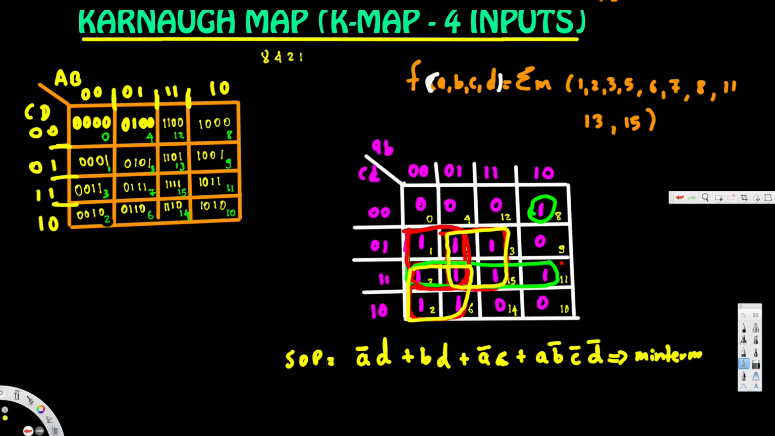Max term is product of sum. Now let's see how to find that one too. To find product of sum, we have to look at the location where we have 0. Same approach. We should try to combine